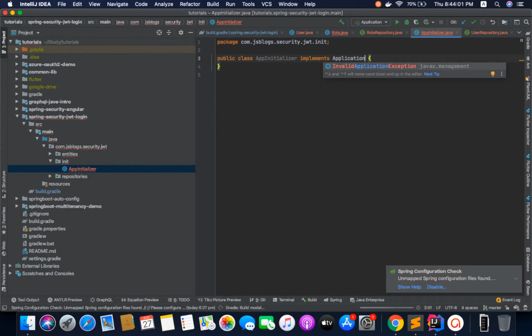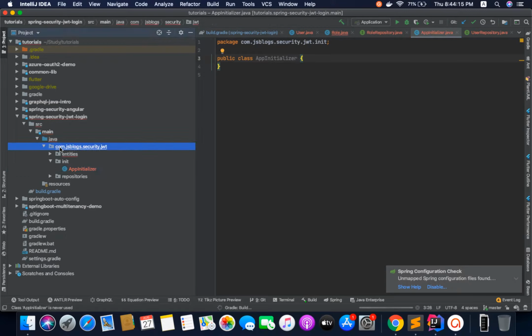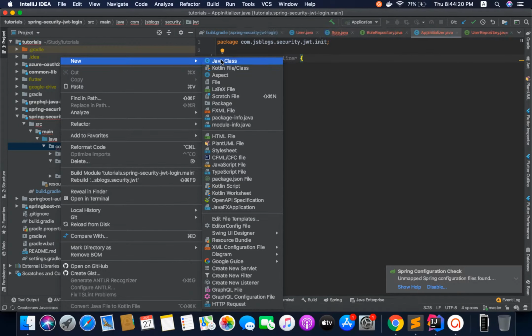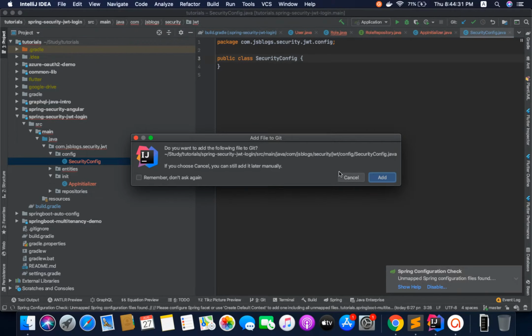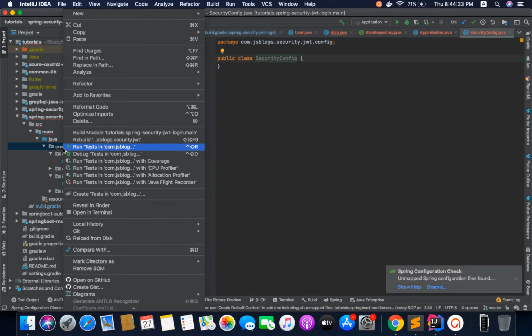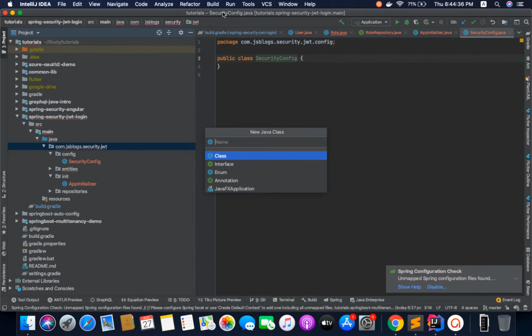Application runner. Okay, not getting autocomplete because the project is not completely built yet. Meanwhile it's building, we'll create a few more classes which we might need. So we also need the main part, security config, which we will be using later. All the security configuration will go here, and one controller endpoint, so REST, say home